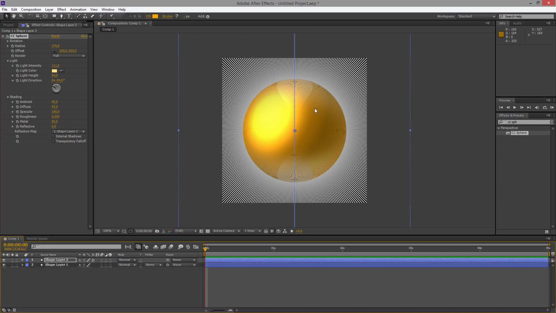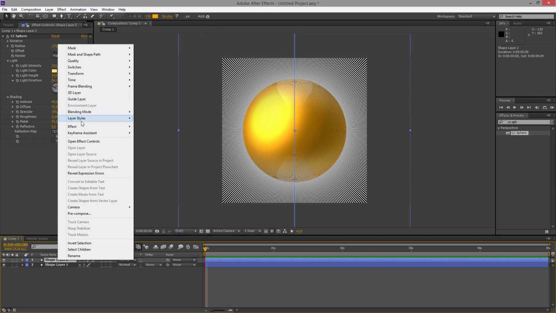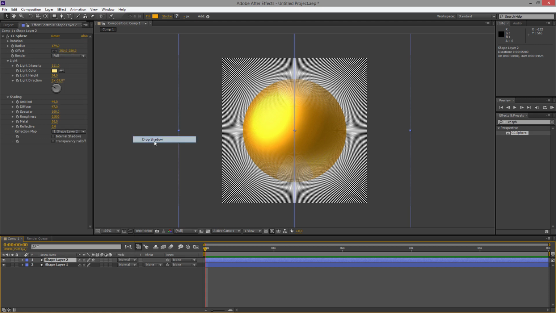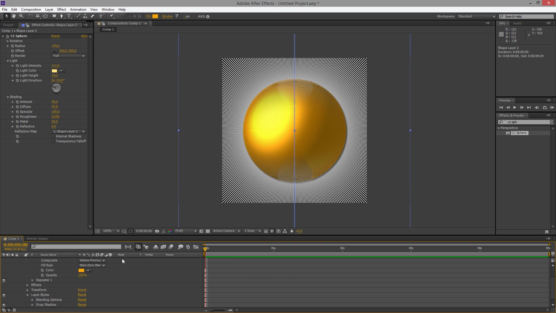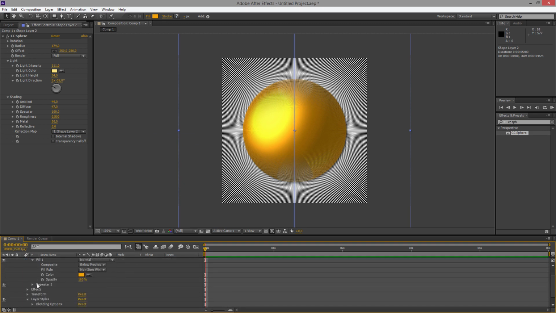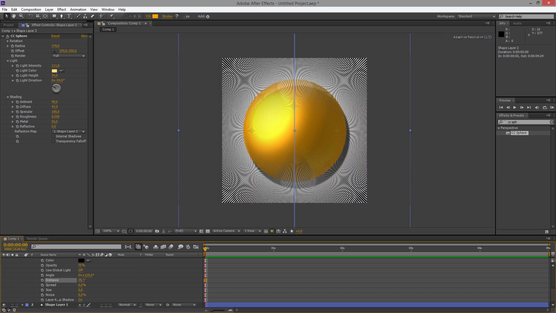So what else can we do, we can add shadow around the sphere. So right click, layer style, and choose drop shadow. And here now we have shadow. Go to the layer, effect, layer style, drop shadow, and we can adjust the distance.